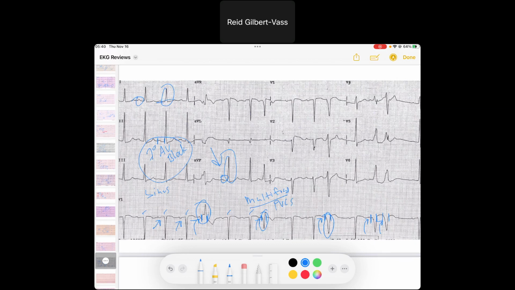You look, maybe we're starting to see we've got some big negative deflections in V1 and big upward deflections in V5. And certainly maybe for ventricular hypertrophy. And I'm trying to see if I can find these maybe 5, 10, 15, maybe 18 millimeter R wave in V5 and 5, 10, 15, maybe 16 millimeters S wave in V1. And so if you add those together, 16 plus 18, that is going to be